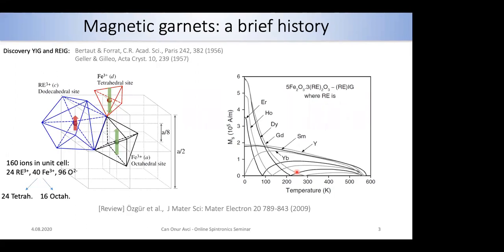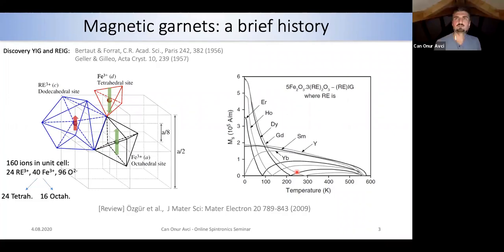So when you say you can control the compensation temperature, what do you need to control actually in the composition? You need to control the stoichiometry, but something that you cannot control is the site occupancy of these rare earth ions, because basically this is the idealized picture, right? So you have all the dodecahedral sites occupied by rare earth, tetrahedral sites and octahedral sites occupied by iron. So if this happens, normally you should have perfect stoichiometry.